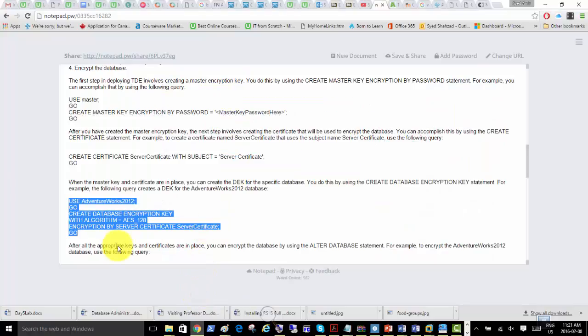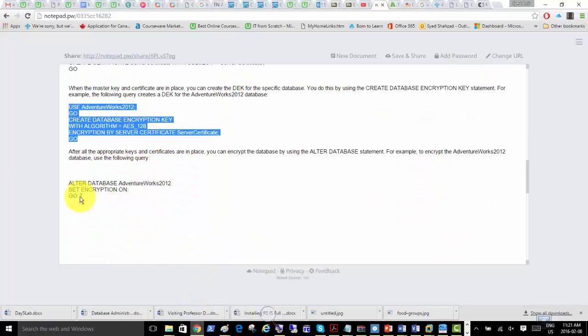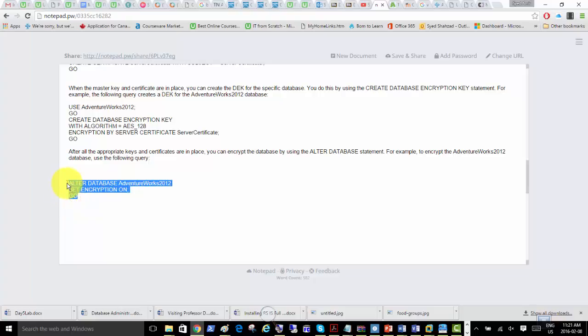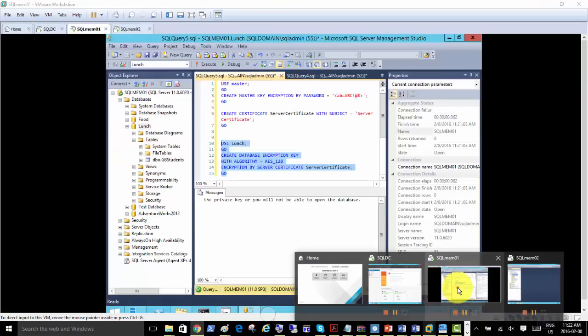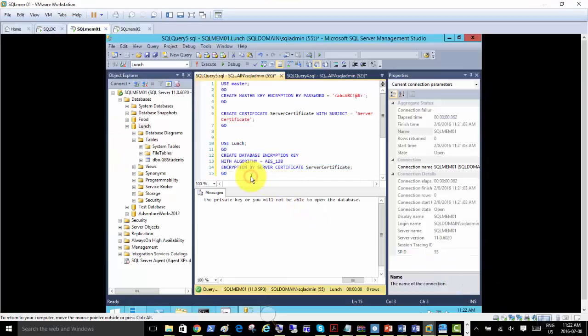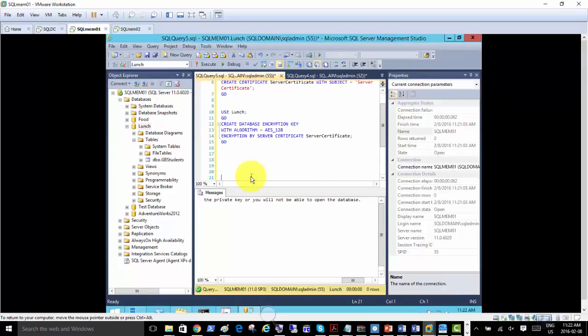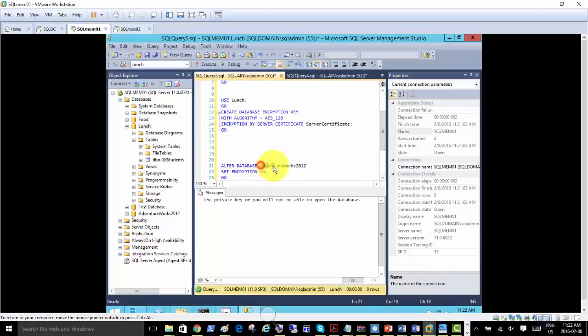Now we need to enable the encryption, and hopefully we would want to have a proof that the encryption was enabled or not. So again, I'll change the database name here. The last query I'm running now, all three were fine. So okay, keep going down. Just change the database to, in my case, lunch database, and I hope it does not give me any error. Okay,